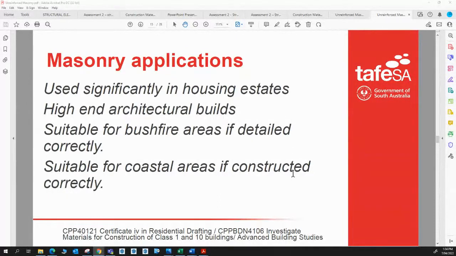So masonry applications, used significantly in housing estates. That is changing, however. I think I mentioned it previously: the cost of bricklaying has gone through the roof. Now I'm not sure what it costs per brick to lay. I haven't asked any bricklayers what it's costing to lay a brick at the moment. But yeah, laying of bricks is thoroughly expensive at the moment with the whole